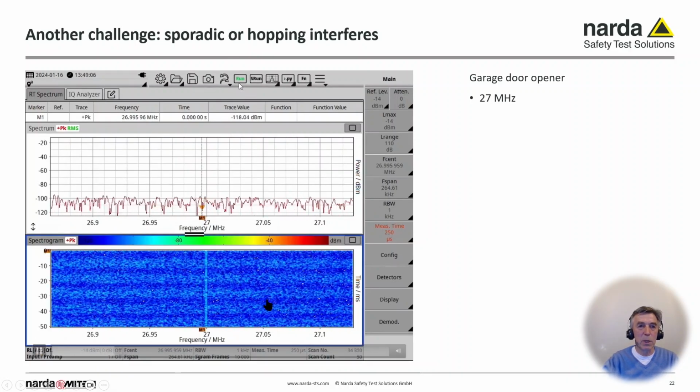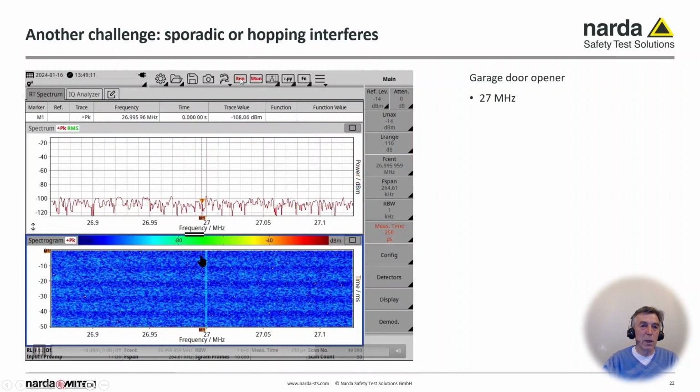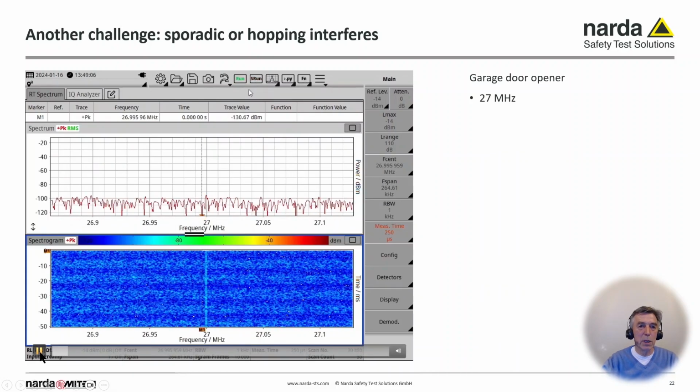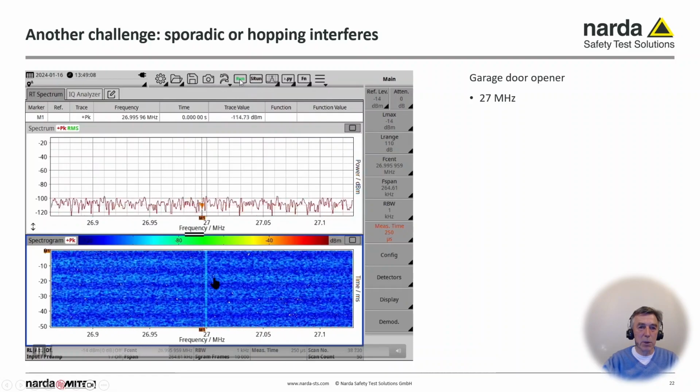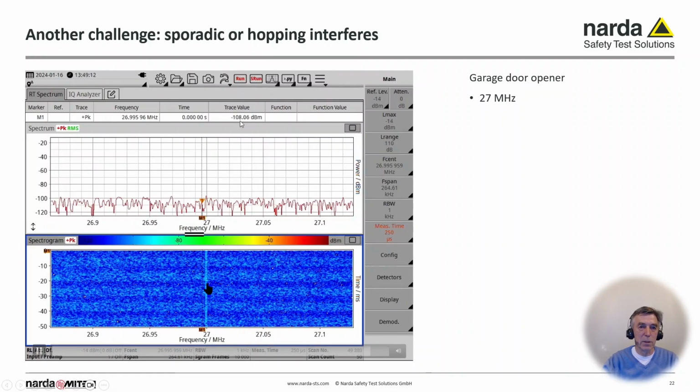Okay, I replay the video, and now I push the garage door opener, and there was for a short second the garage door opener. I replay the video again. Be aware, and here there was this effect, but it's gone. Okay, the only thing which can help here is a trigger, which we have in the IQ analyzer or in